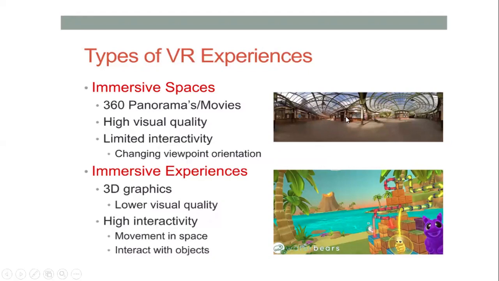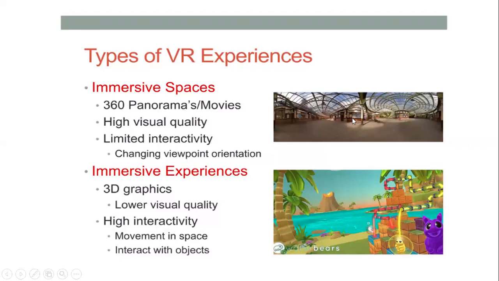It is not the same image, but while you're creating it, it turns into a panorama image where you can see something like a globe, but actually there are two pictures here that you cannot observe clearly, and that we call panorama images. So we say it is a 360 panorama, which comes under immersive space. And why we use panorama images is to make our visuality high, with limited interactivity, meaning you can change viewpoint orientation. For example, for me, it just looks like a globe here.